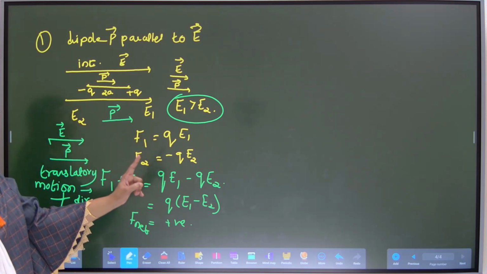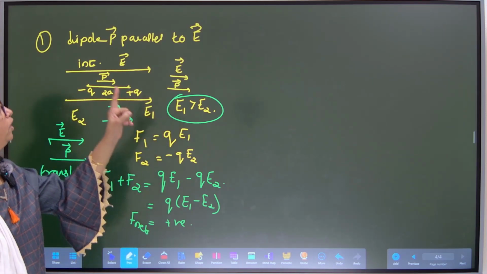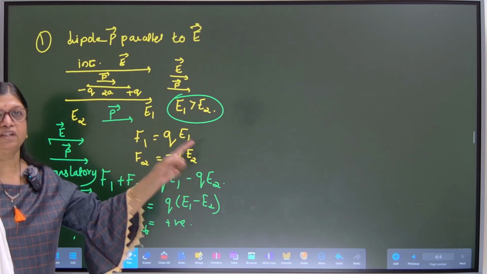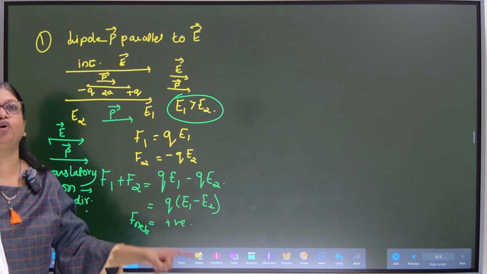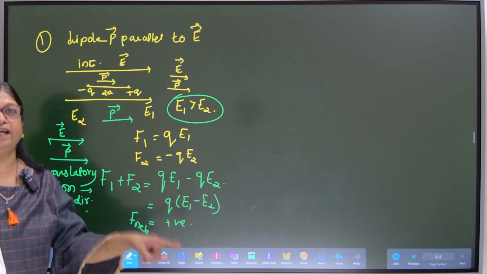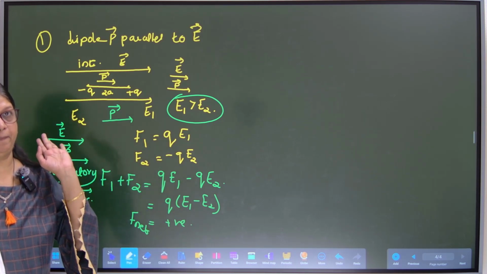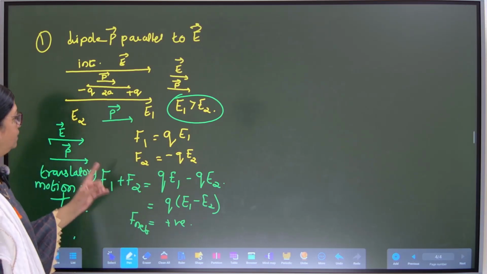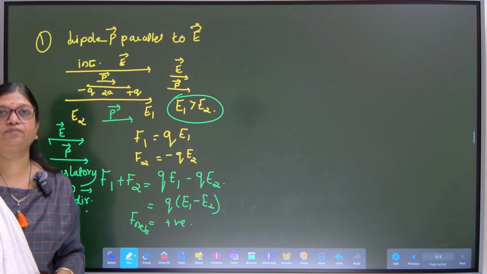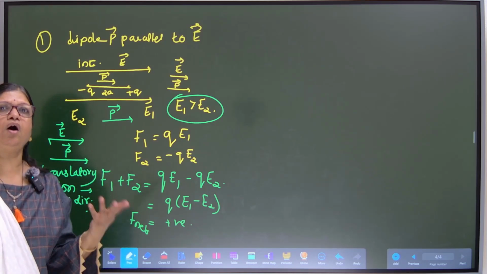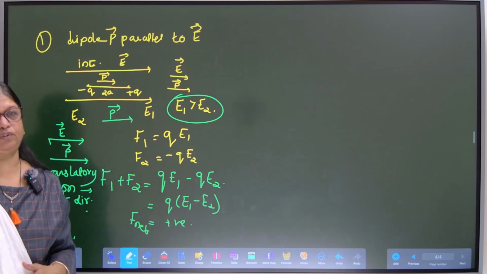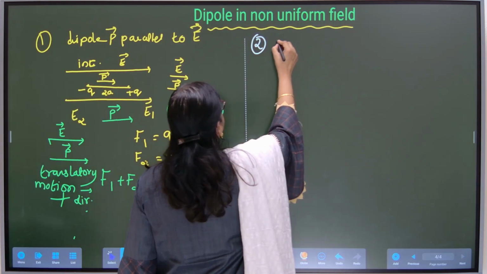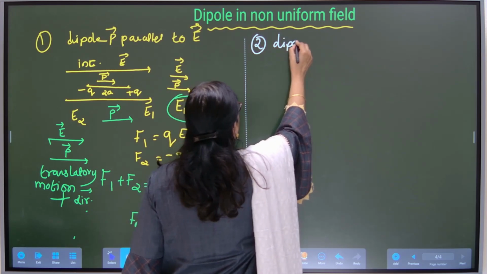So what should be in your mind? When I place a dipole in a non-uniform electric field, it will definitely experience a force, a net force will be experienced by it. Depending upon the values which we have considered, it can go in the direction of the electric field, increasing electric field, or it can go opposite to the direction of the electric field. Okay. So now we consider case 2 in which we place the dipole